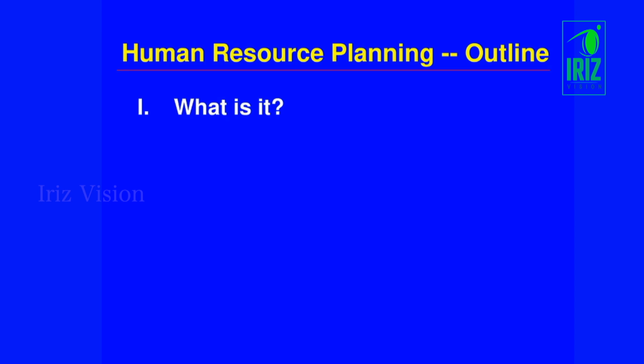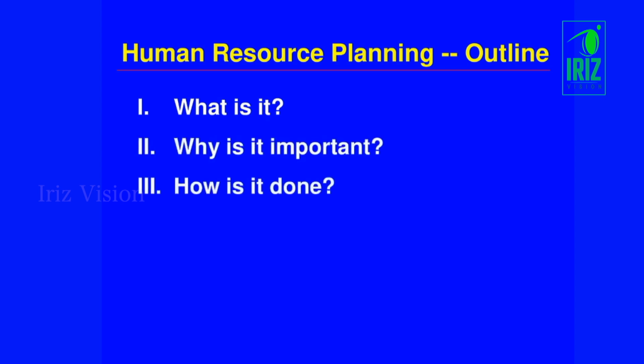This is what you people, when you're going for an HR department, the first thing is you should know what actually HR planning is. Then only you will be able to work there in that particular department. So first of all, you should know what HR planning is, then why it is important in the organization, then how it is done, and finally, is it really done? These four things in human resource planning, we will be talking about. This is the outline of the aspects we will be discussing.